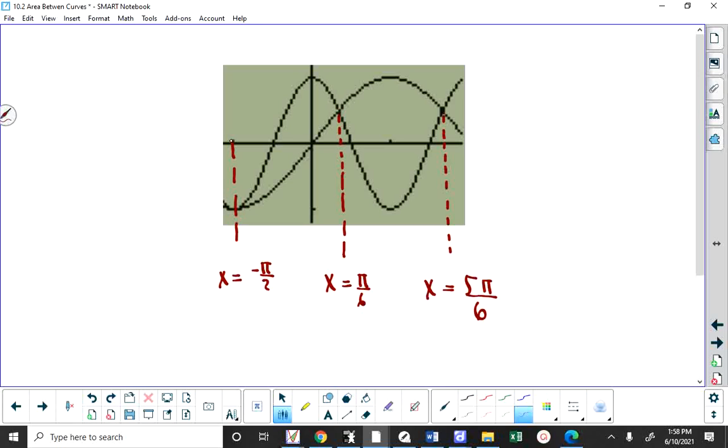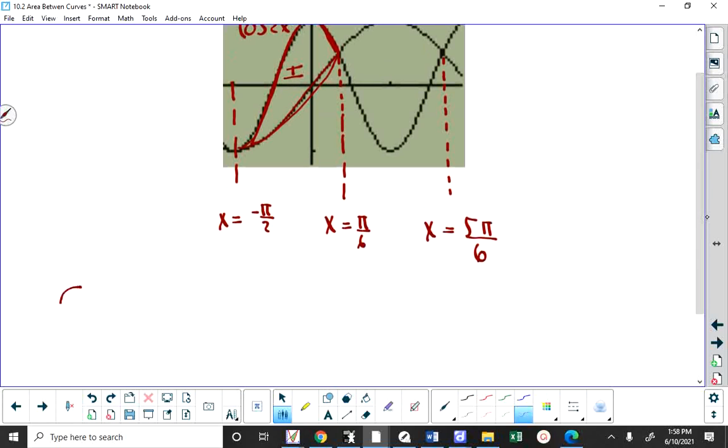We need to solve this problem with two areas. For area 1, this is cos of 2x. And for area 1, cos of 2x is above sine of x. Give that some thought. Look at this area here that I'm highlighting with this brown border. What is above is the upper function, which is cos of 2x. So that first area will be an integral from negative pi over 2 to pi over 6